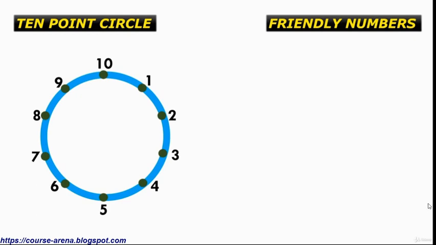Let's see. In this circle, if you observe, if we add these two quantities, they will add up and give us a 10. Similarly, if you add these quantities, then also the sum will be 10. And similarly here also, if you add 7 plus 3, then also it gives us a 10. And if you add 6 plus 4, then also it gives us a 10. Now this is clear and we have understood this concept. Also, if we add 5 to 5, then also it gives us a 10.